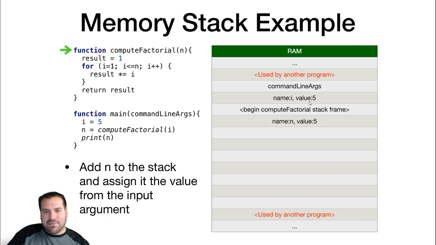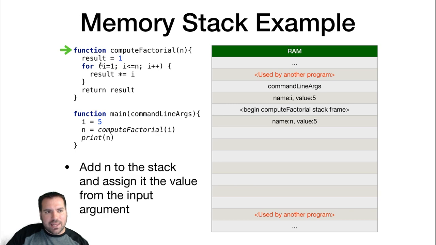We don't have access to that variable I anymore. We only have access to the variables inside this function, which for now, once we enter it, are just the parameters. So we take the parameter n, any parameters that we have, and declare those as variables, and assign them the arguments of the function call. In this case, I, which resolves to 5 because that's the value it's storing. So inside the stack frame, we create a variable named n, assign it the value 5, and move on to